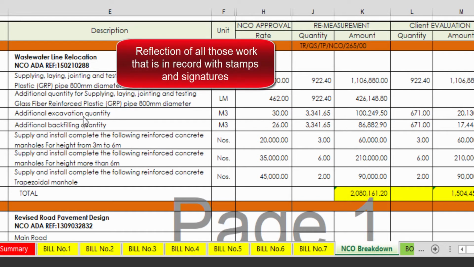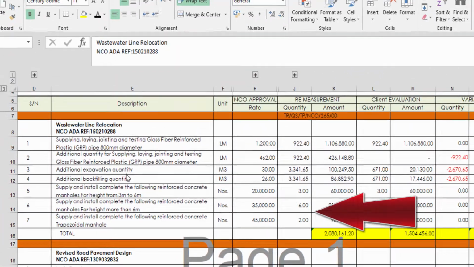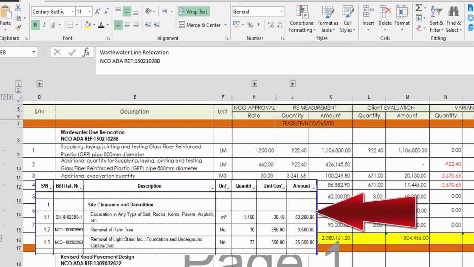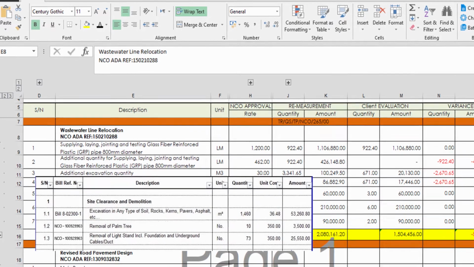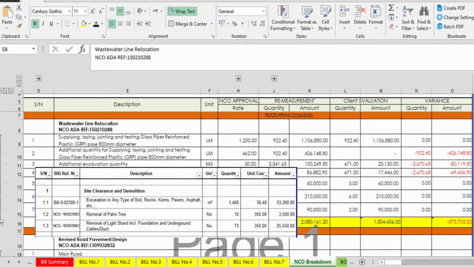Okay, previously we discussed the first column, which is the same as in the quantity sheet, but there are some extra and additional columns, so that it will help us know how much amount was initially approved, and then we remeasure. We will discuss the meaning of this remeasure so that you have a better understanding. Then there is an evaluation from the client side. So we will see all the differences: initially we claim this amount, then it goes for approval, we approve, and we get this much amount.